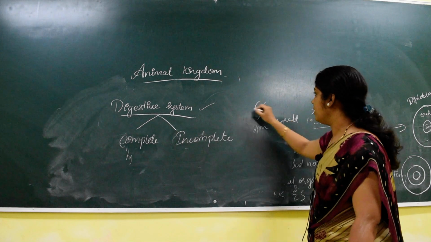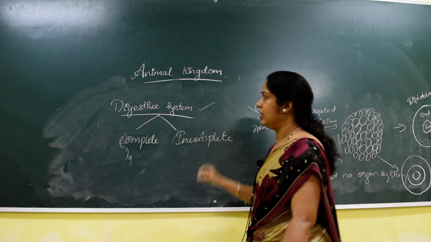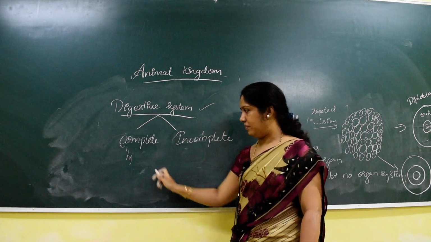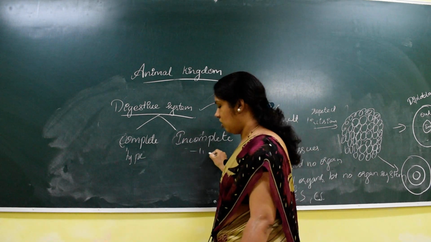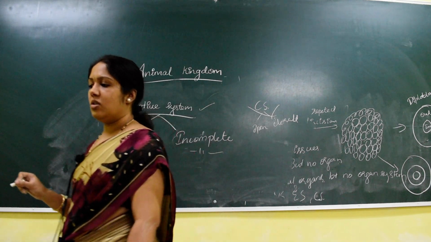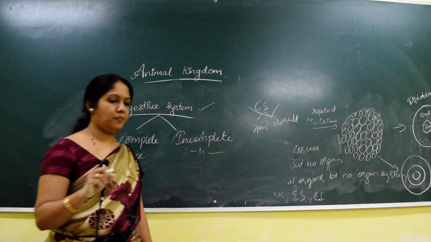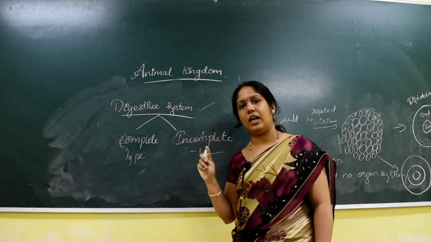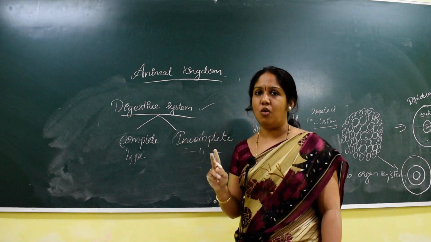So this circulatory system we will discuss later. First we will take up the digestive system. So in digestive system it is complete and incomplete type. Two types are there, complete type or incomplete type. So what is this digestive system? The digestive system begins from the mouth and ends with the anus. So there are two openings. One is